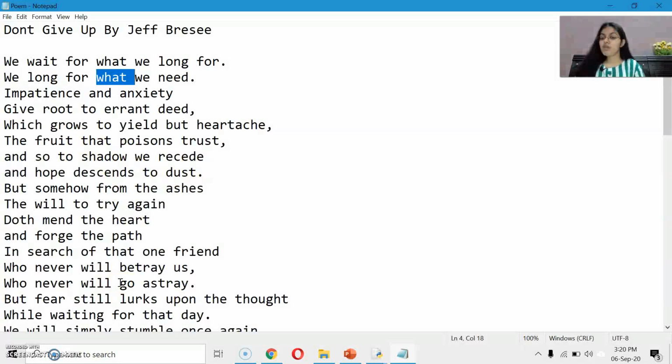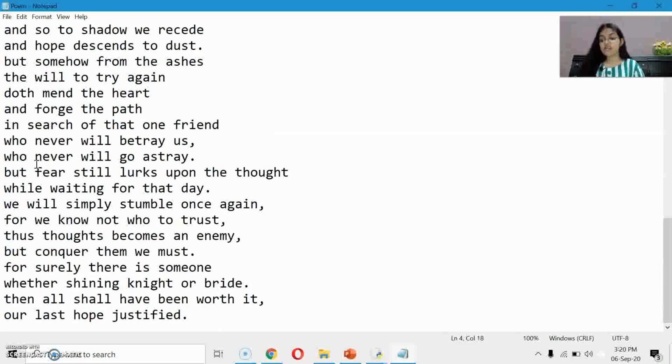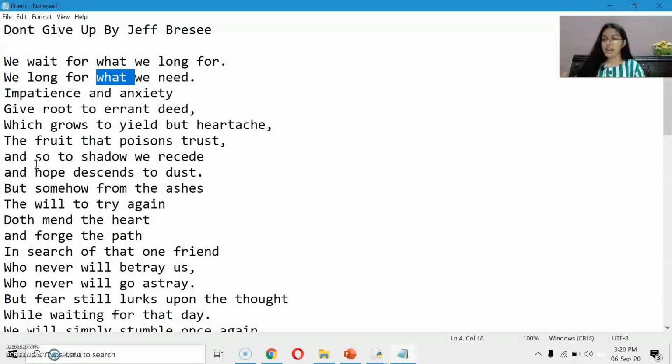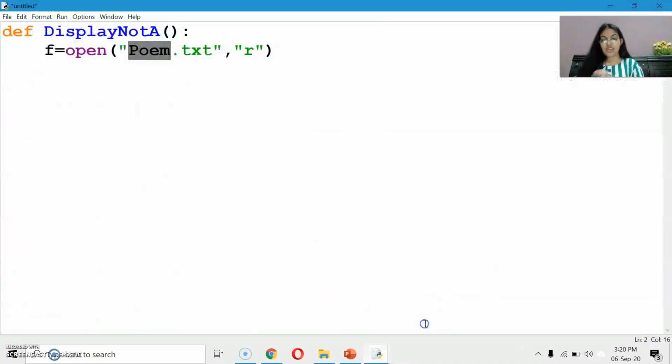Even if I tell you to find out, it will take time for you also to check each character of every line, in which one A is coming and in which one it is not. It is having many lines so it will take time. So let's use the easiest method. We will make a program, and then however big the file is, it will be applicable on that. So as you can see, let's write the program first and do it step by step so that your concepts are clear. I am starting the while loop now.